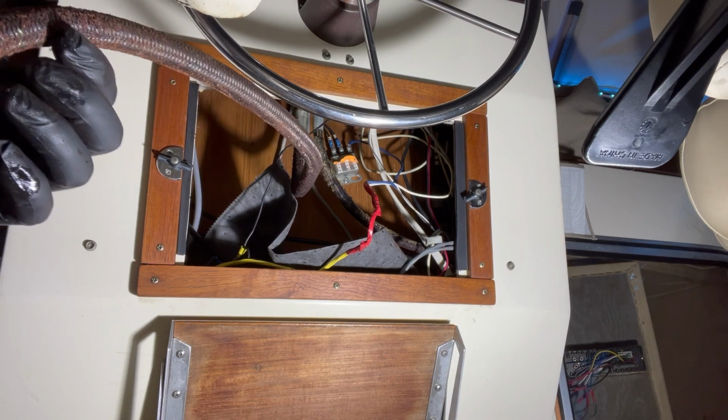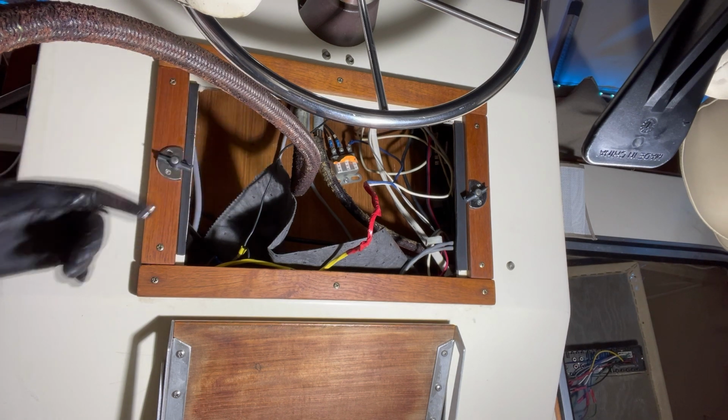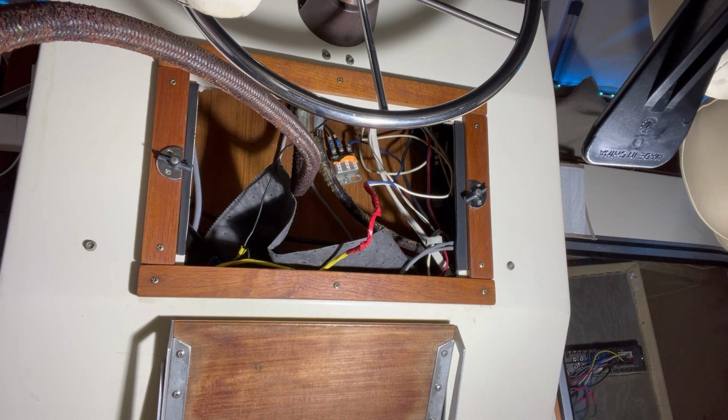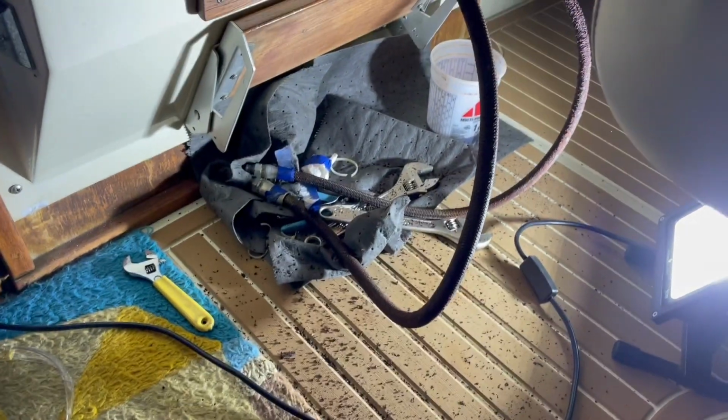All of the coating has come off in pulling these through, so I'm going to have a huge mess to clean up. So I'm going to go ahead and pull the other one through, I think, and then we'll see if we can get the fittings loosened up on this side. About halfway through this project,